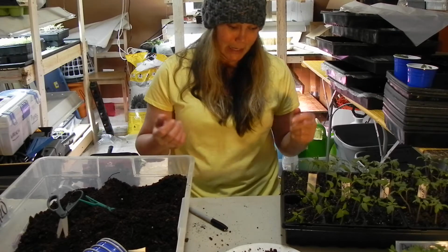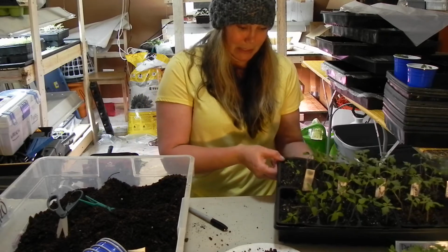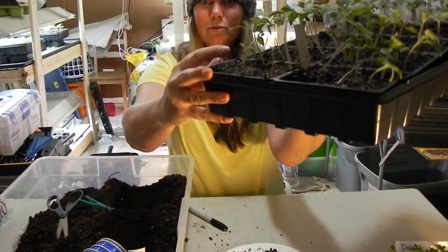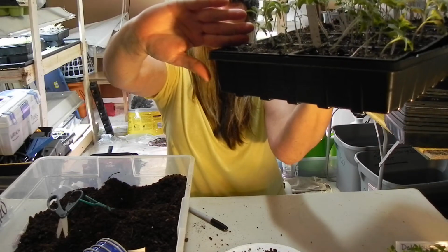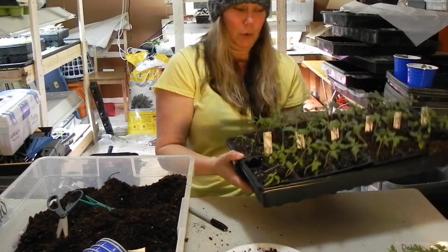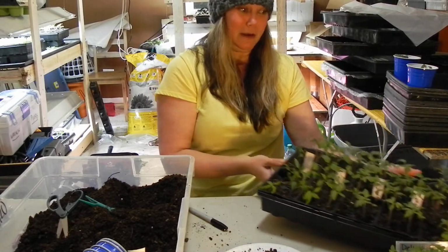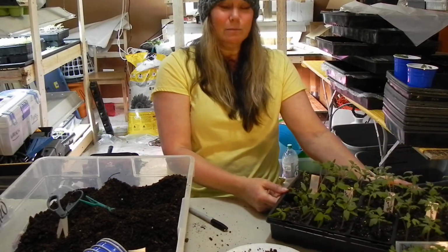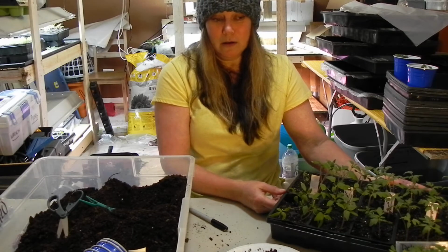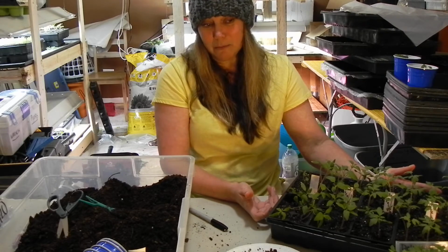I can't do it. Even this itty bitty baby here in this starter tray, look at this little bitty thing. It's right here. I can't pull it and throw it away. I can't do it. I have a problem with it. I'm just so overwhelmed and overjoyed and grateful for the germination rate that I got on